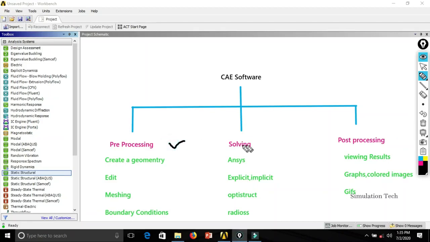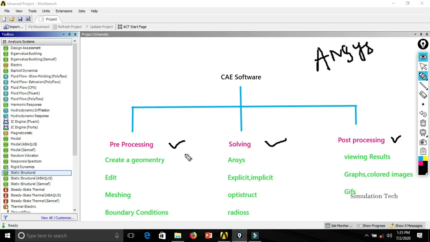One is pre-processing, then solving, and post-processing. These are the basic steps in any CAE software, whether ANSYS or Hypermesh. Regardless, it follows the same steps.